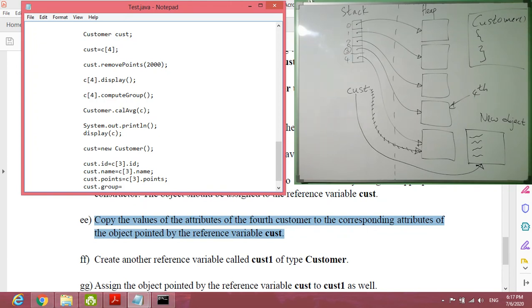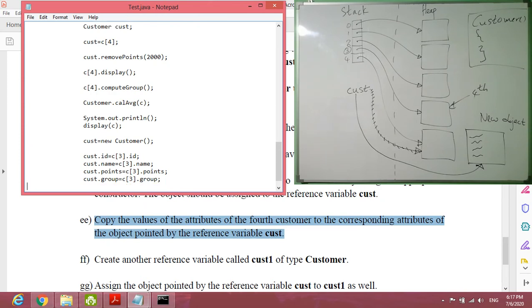Cust.group, here also c3.group, cust.avg here c3.avg. Okay, in this way